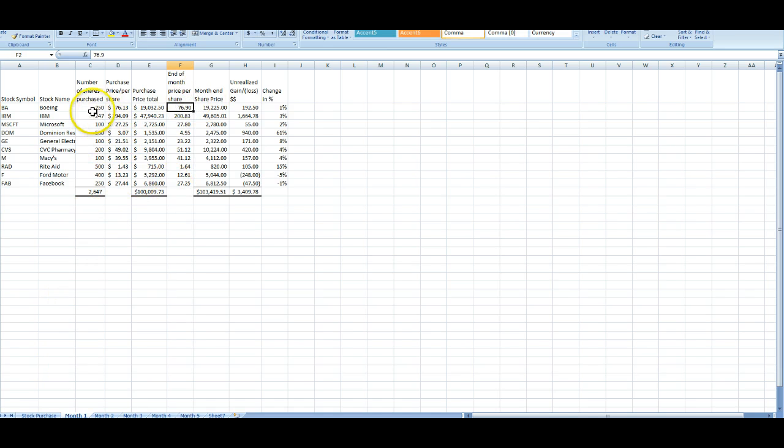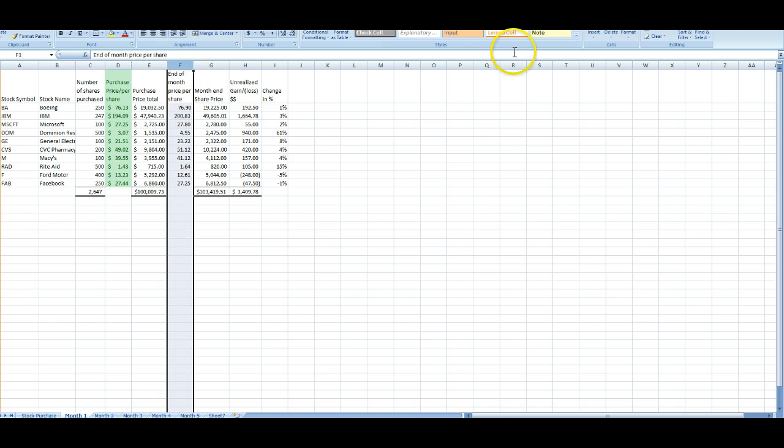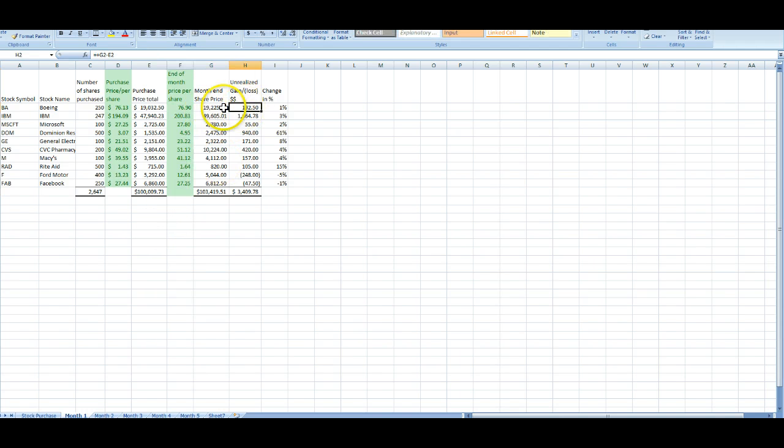Now you can see this is the first month of transactions, the changes in price that we are talking about. We purchased these shares of stock, and it's going to show in this column here. And I'm only going to show it as a different color just to highlight it. And then each and every month, we're going to alter the price per share. I don't want to do it too much, but we're going to alter the price per share to reflect the month-end per share price. Using the same calculations all the way through, we are going to see that for 1 month,